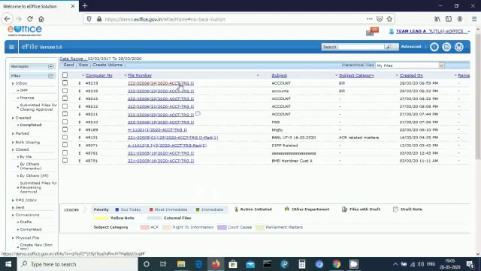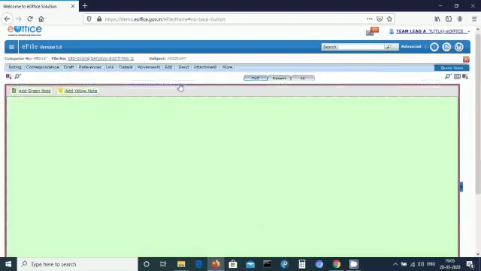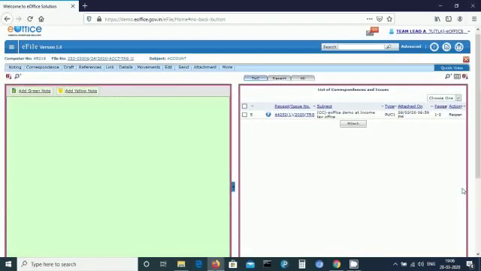When you open the file, you can see that on the left side is the noting part and on the right side the correspondence part, as you have seen in the hard file. On the left side, the noting given by the user or the comments given by the user are recorded in the note sheet. On the correspondence side, we can see if a letter is attached and a letter is referred to a note sheet. If you want to add the green note, then click add green note and write the comments.